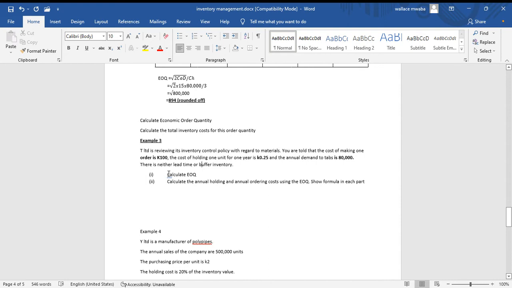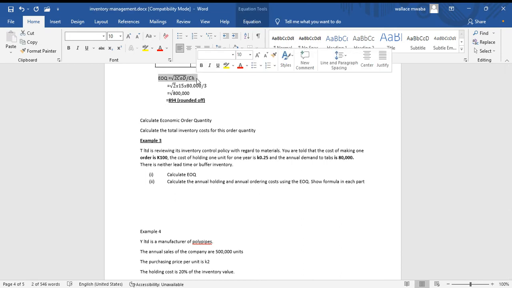Remember, the economic order quantity is the optimal amount of inventory that we need, where we're going to minimize the inventory costs, like ordering costs and holding costs. We're trying to minimize these two costs, the reordering cost and the holding cost. So the formula for the economic order quantity, EOQ, let me just copy it from here. EOQ equals the square root